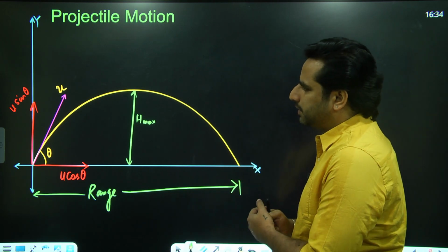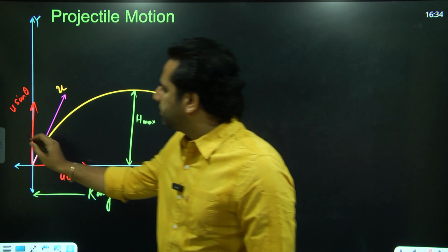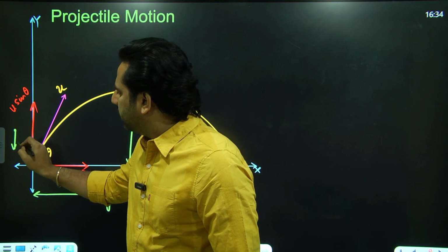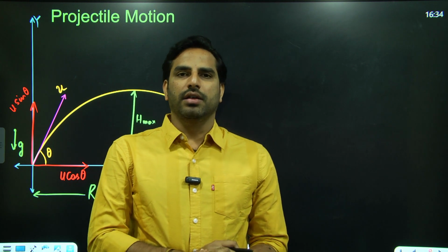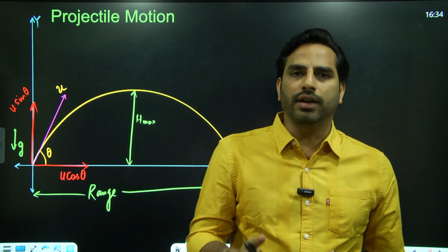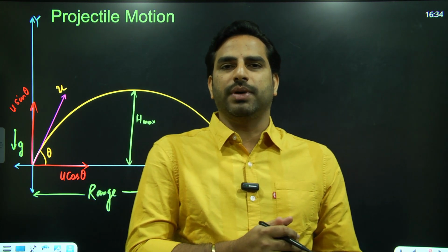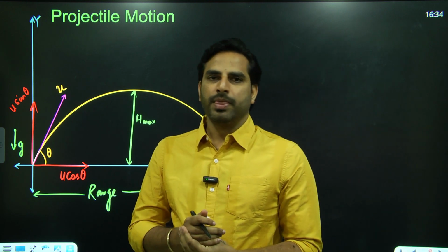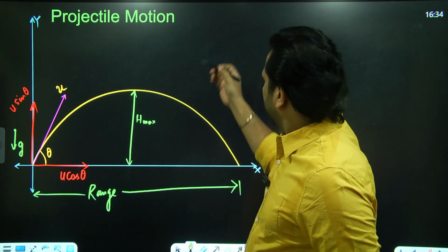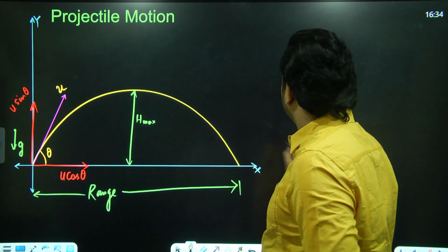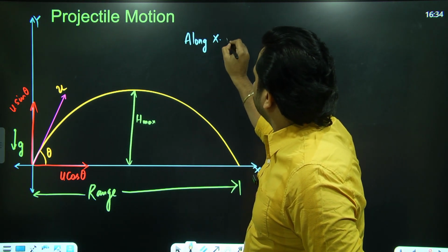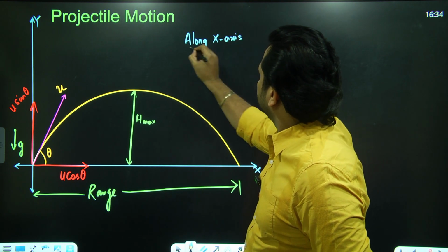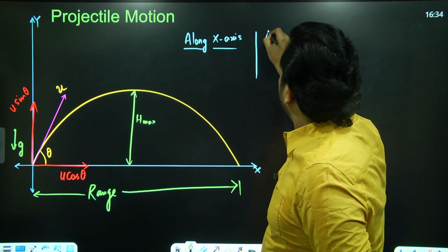So to solve this, in the vertical direction, the acceleration is g downwards because it is a freely suspended particle in air. The only force acting on it is its own weight. So the acceleration experienced by the particle is g downwards. Let us split the motion into two parts, along x-axis and along y-axis. So this is along x-axis. I'll write the equations of motion. And along y-axis,